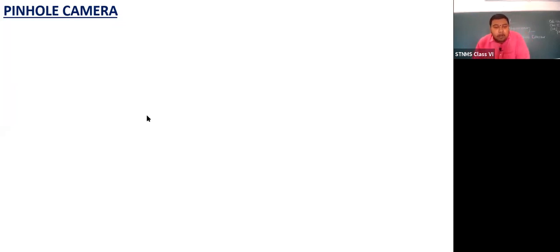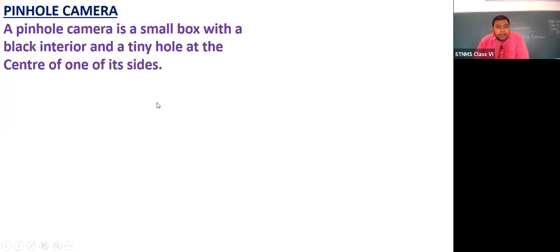In this pinhole camera, okay, a pinhole camera is a small box with a black interior and a tiny hole at the center of one of its sides. Black interior, this word is used, black interior.